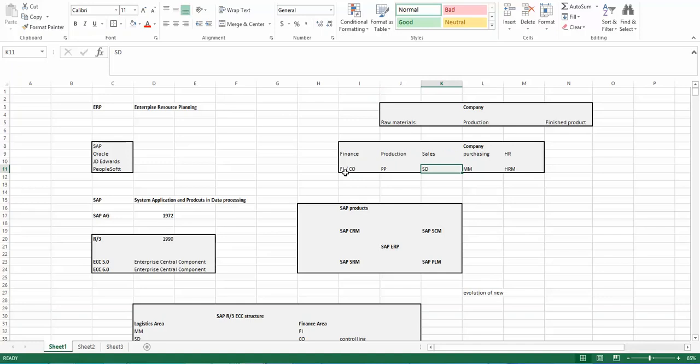Receiving the payment in SD would also intimate FI. This is how integration happens between different applications that are provided by the SAP ERP package. But the exact purpose of implementing ERP is that the senior management or the directors of the company want to know what position the company is in, whether it's earning profits, whether it's in loss, how each department is performing, or where we are lacking.